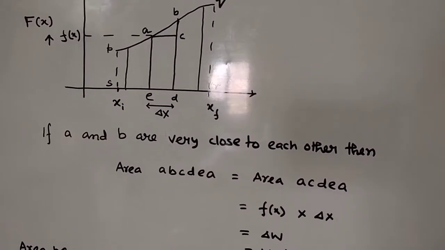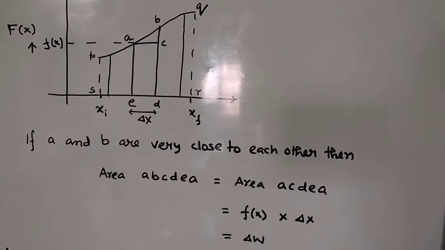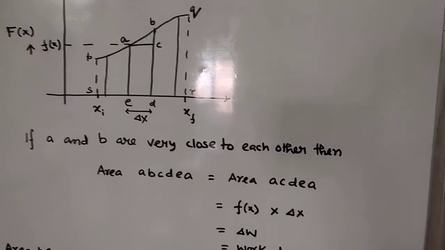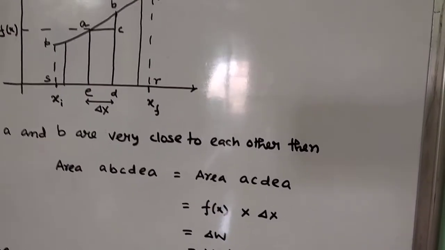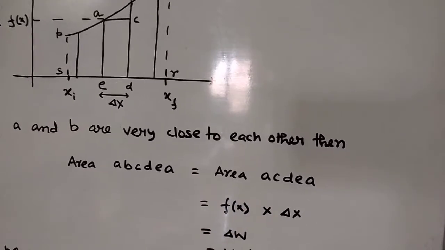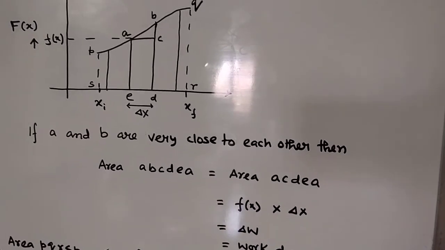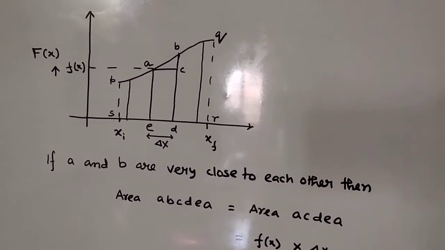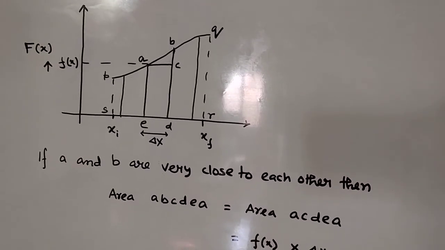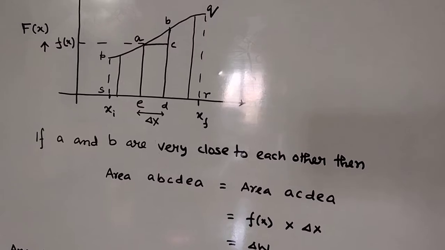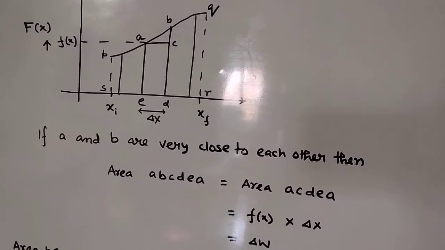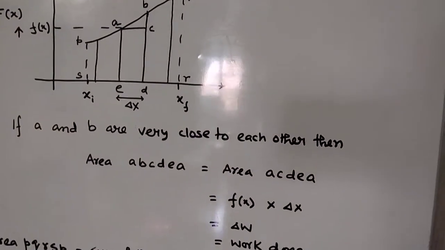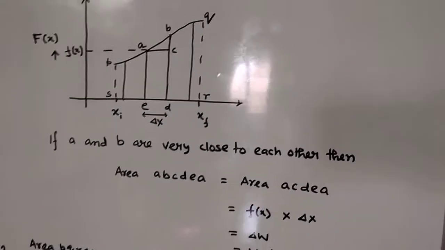So the area of the region ACDEA is nothing but f(x) into delta x. Now f(x) into delta x, this is the dimension of work done, is it not? Force into displacement, or magnitude of the force and distance, that is the dimension for the work done. So this area ACDEA, or ABCDEA if A and B are very close to each other, gives you the work done for the small movement delta x, corresponding to the force f(x). So this is your work done for very